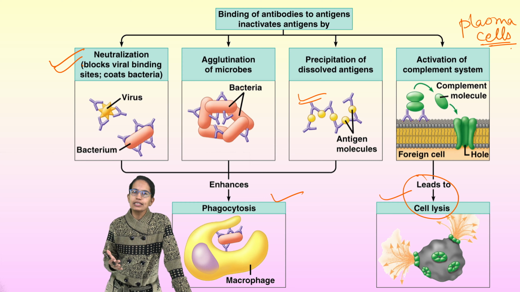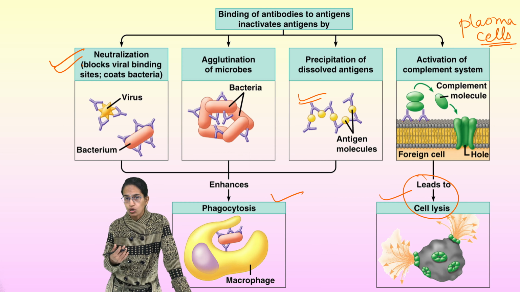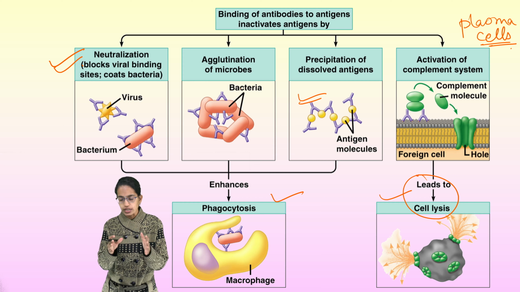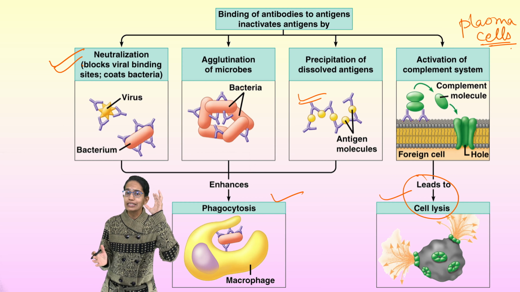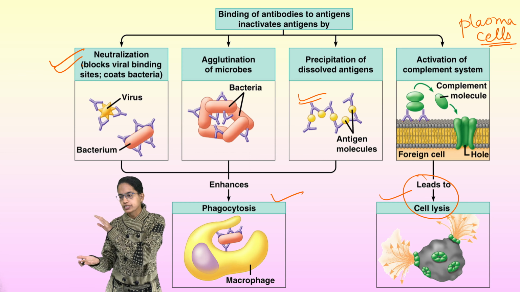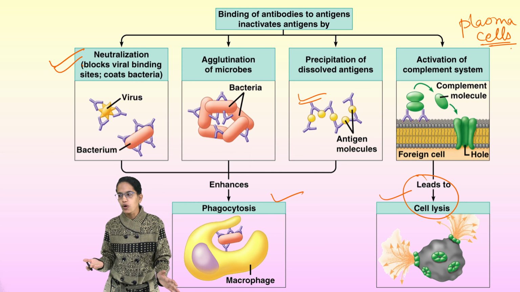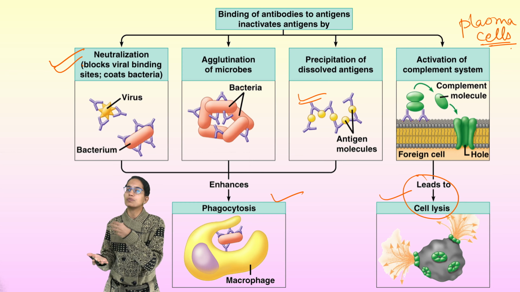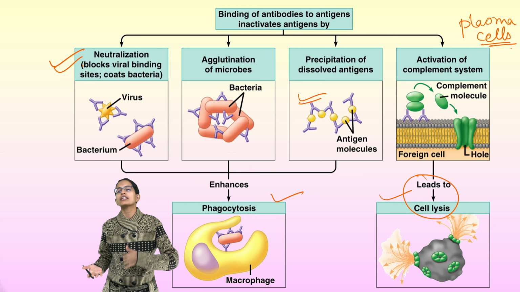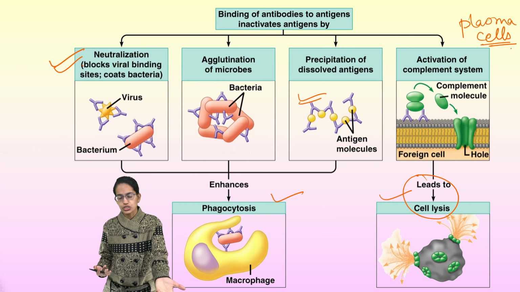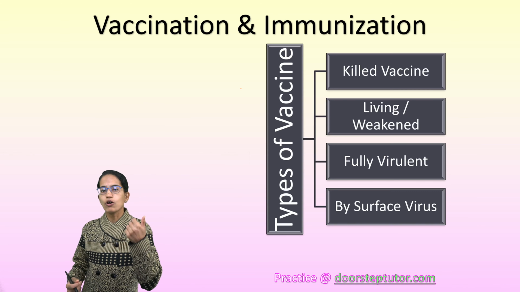Now in certain cases we have seen that the antibody response does not work. For example, in severe diseases like HIV, this response does not work. Why does it happen? The simple logic is HIV attacks the T lymphocytes. There are two lymphocytes, T lymphocytes and B lymphocytes. T lymphocytes stimulate B lymphocytes to produce immunity, but since the T lymphocytes are destroyed, B lymphocytes are not able to produce the antibody, and therefore immunity towards that infection is not generated, and this leads to weakening of the immune response.